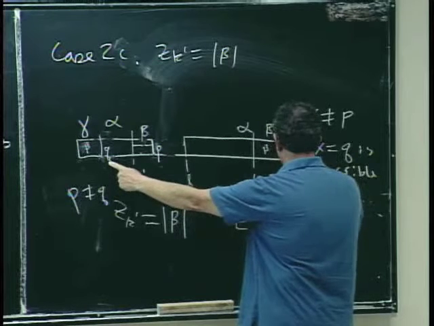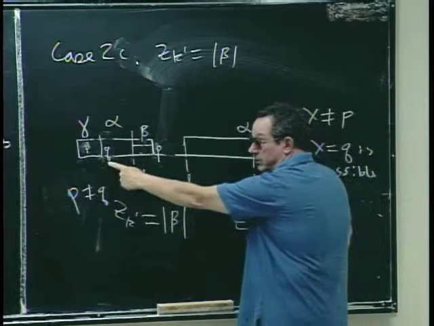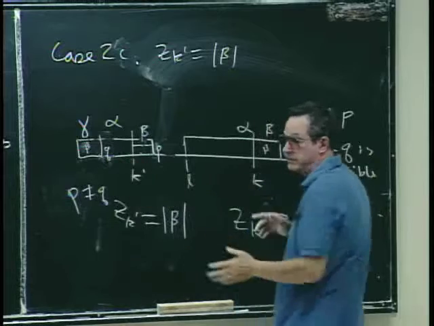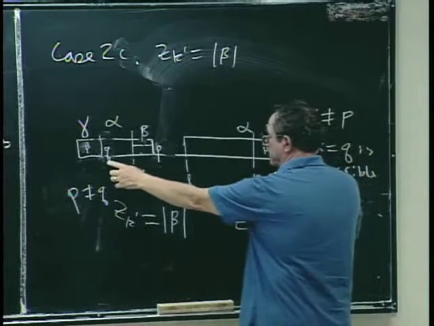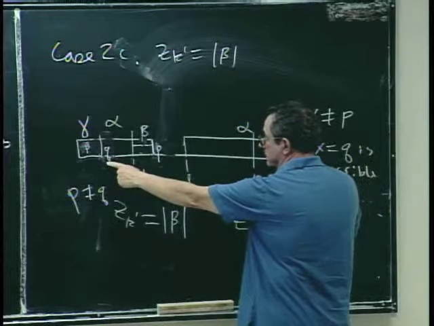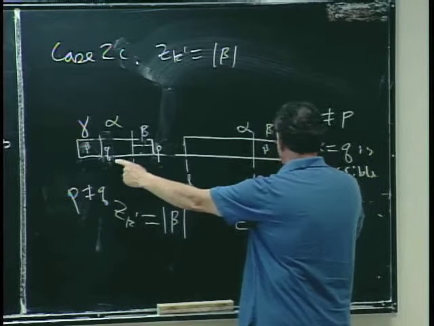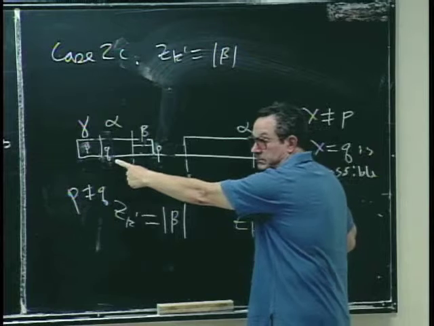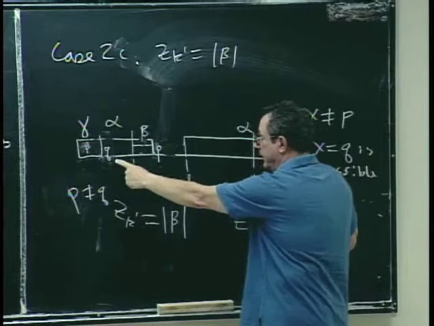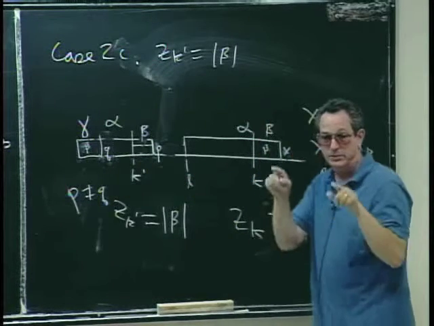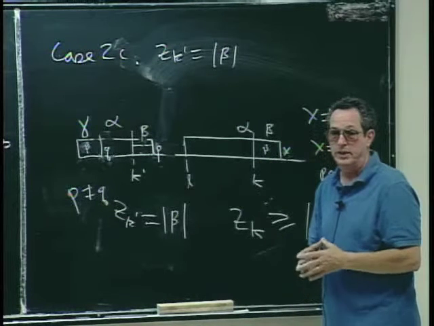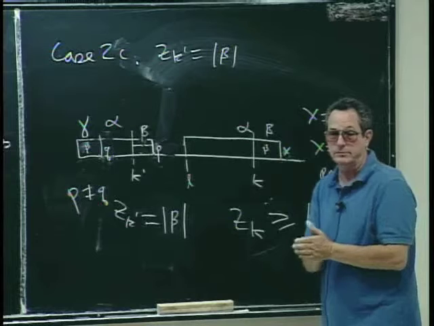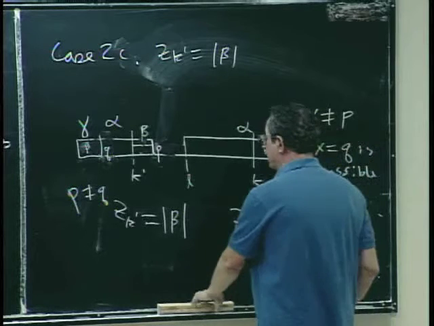You compare this character X to this character Q. If they're not equal, then ZK is equal to beta. But if they are equal, then ZK is equal to at least the length of beta plus 1, and you move on and do the next comparisons. And if they're equal, you move on and do the next comparisons, and so on. So you do explicit comparisons until you find a mismatch, and at that point, you know what ZK is. Okay? So in this case,